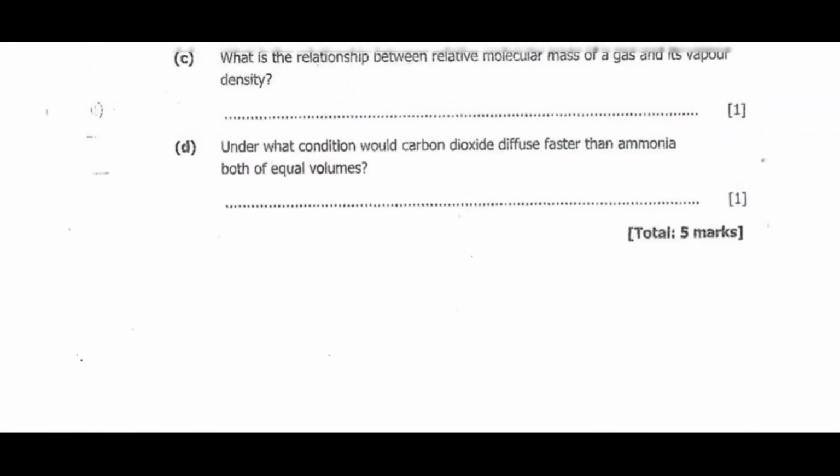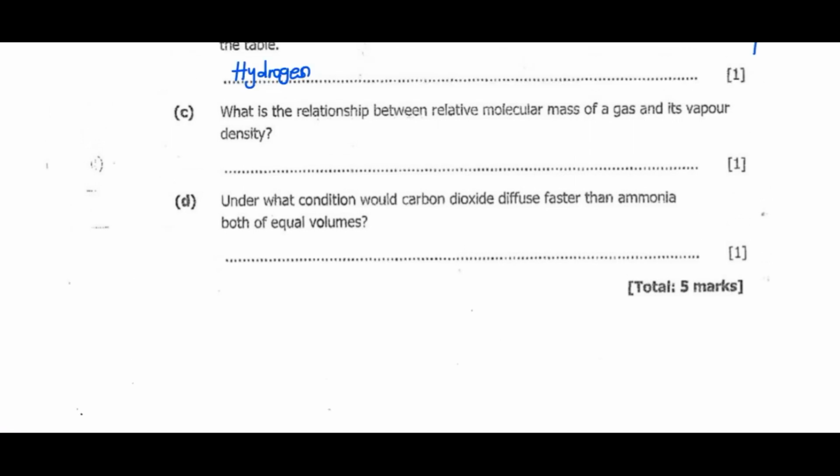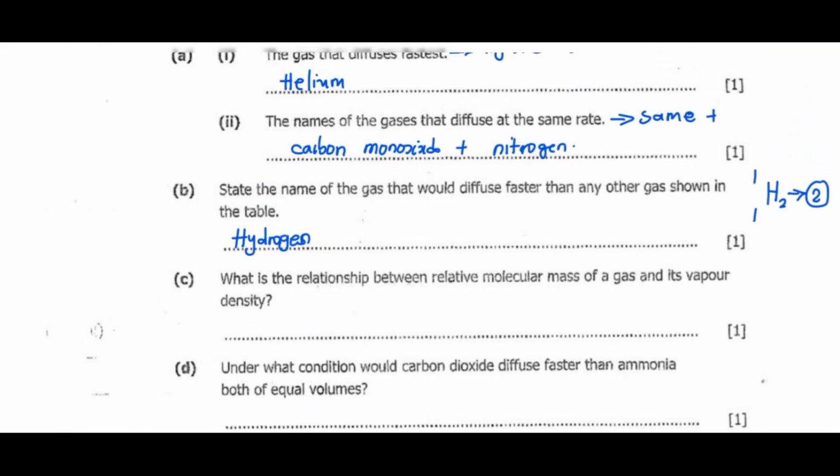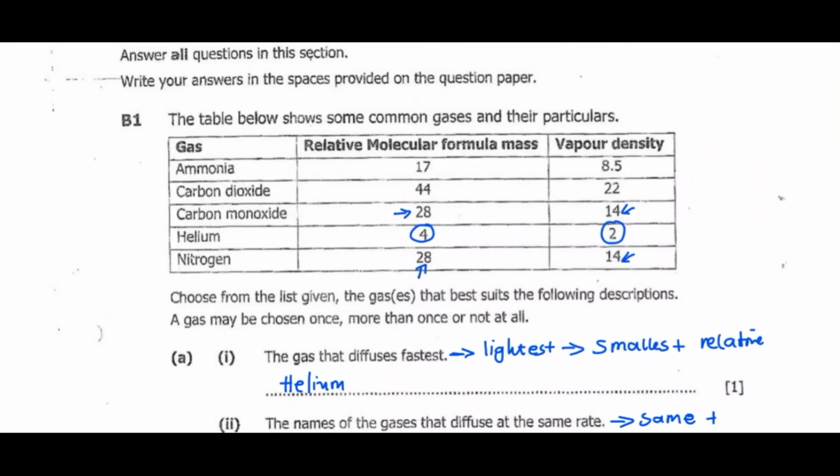Now we can go to question C. What is the relationship between relative molecular mass of a gas and its vapor density? Let's go back to our table. I want you to focus on the first one, relative molecular mass for each given compound or element. So look at the first one, 17, then its vapor density is 8.5. Then the relative mass increases to 44. Then look at the vapor density, which is